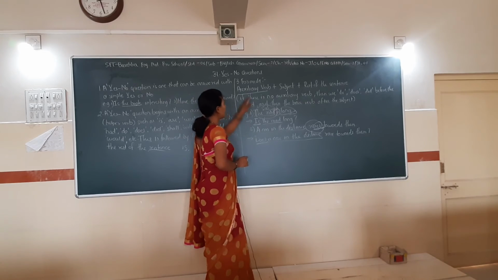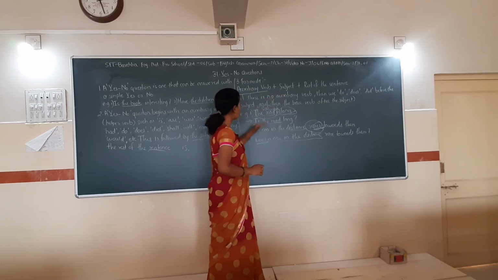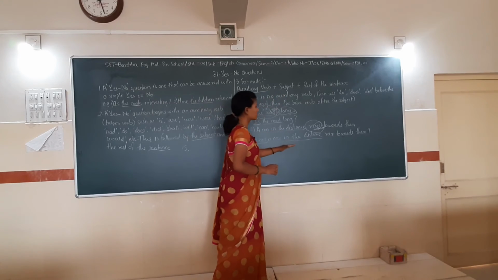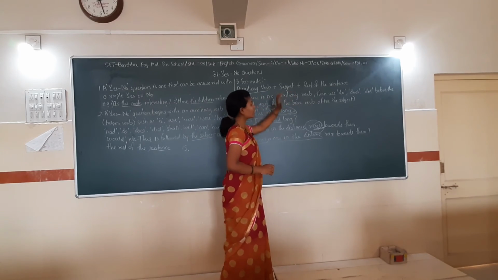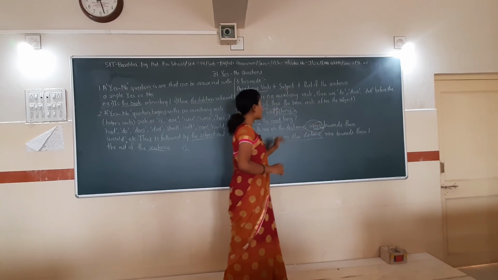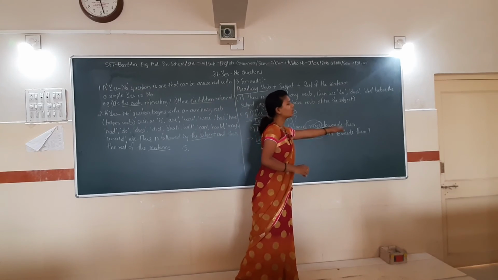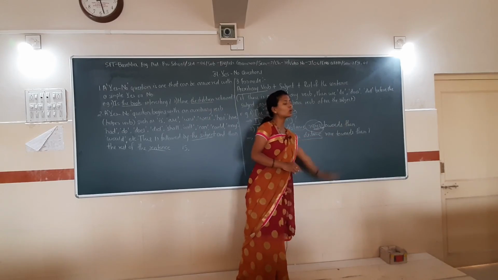Does. After that, the auxiliary verb first. After that, you have to use the subject. What is your subject? A car in the distance. After that, the rest of the sentence. What is the rest of the sentence? Because you have already used the S here, in does, that is why you have to use only the rest, towards them, the rest of the sentence, and after that a question mark.